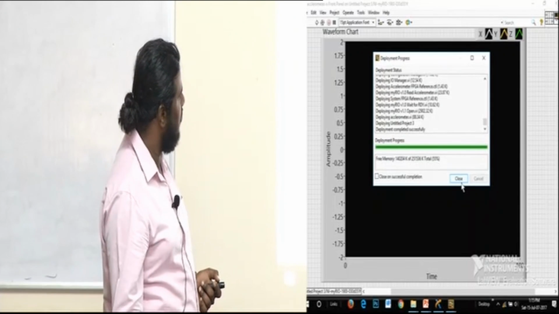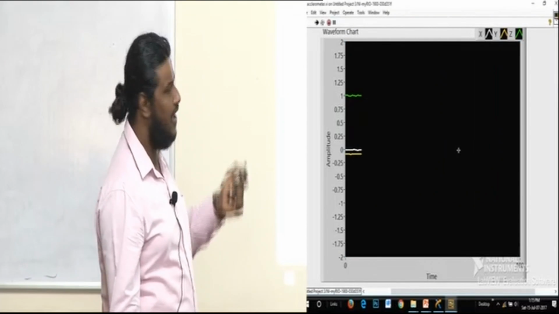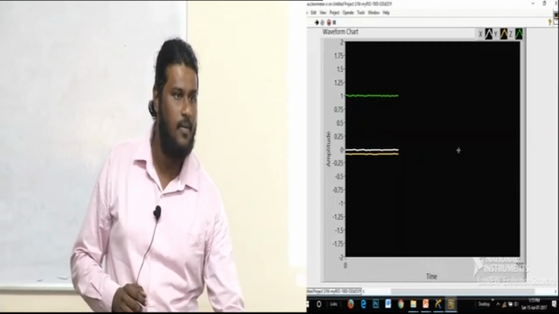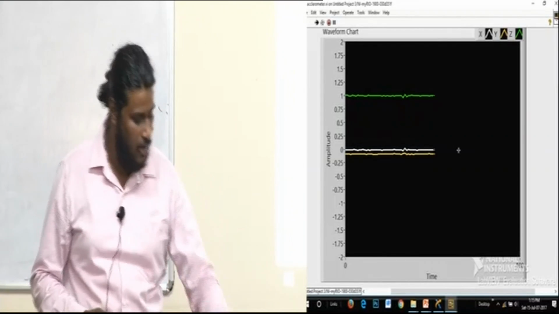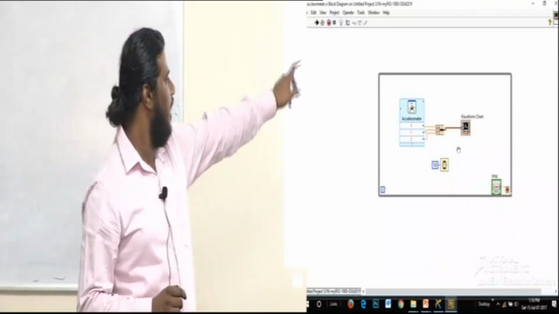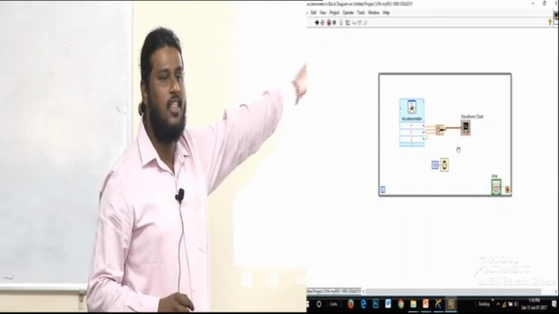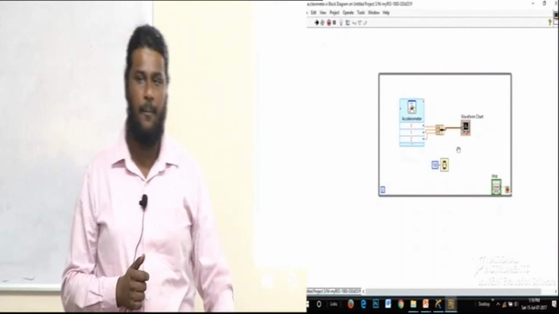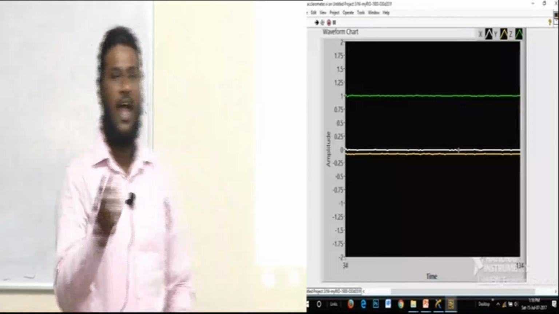Yes, it is deployed and is acquiring 3 axes like how we did yesterday. Accelerometer code which we did yesterday, right? I'll show you the code also. X, Y, and Z accelerometer, bundle them together and plot it on the chart. This is what we saw yesterday. Okay, so same code. I'm just adding it into this project.